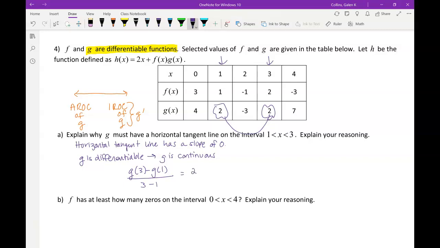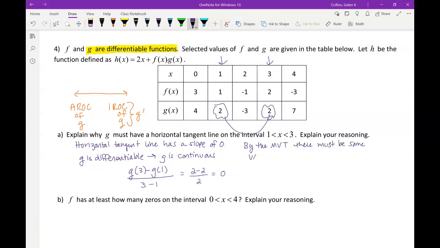I'm going to plug in those values. That's 2 minus 2 over 3 minus 1. And since 2 minus 2 is 0 over a non-zero number, the result is 0. So I could now conclude and justify my conclusion. I could say, by the mean value theorem, which you can definitely abbreviate as long as that is an M and not an I or any other combination of letters, by the mean value theorem, there must be